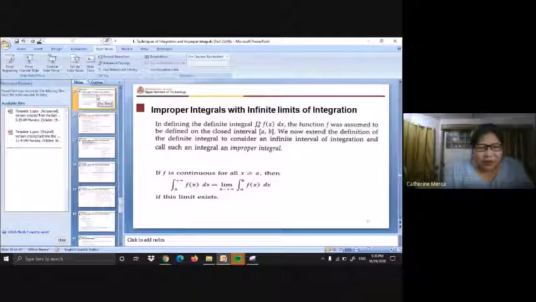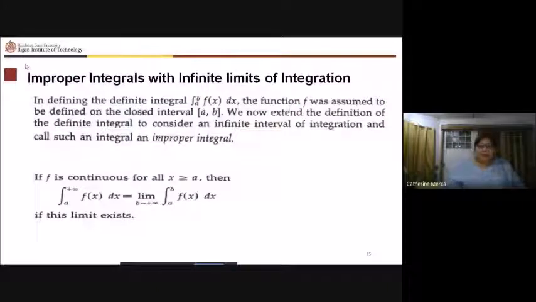Let's now go to improper integrals. What are improper integrals? For a proper integral, the limits of integration are supposed to be constant. So for an improper integral this time, the limits of integration would be values such as infinity. As long as f is continuous for all values of x greater than or equal to a, then the integral from a to positive infinity of f of x dx is equal to, you take the limit